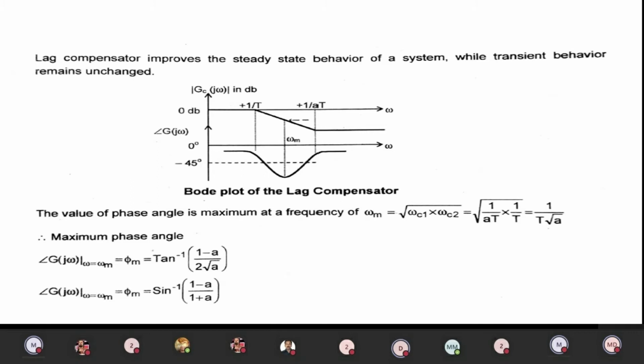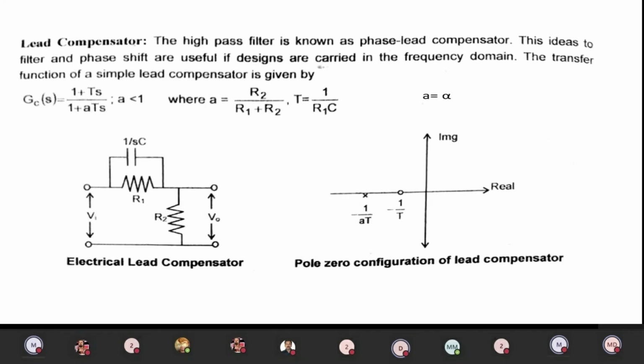You can see the magnitude will be a constant straight line, then decreasing, and then constant. Similarly, the phase will decrease to the negative peak and then increase. So the magnitude and phase angle values are given over here. Okay, and then we can go for the lead network, the lead compensator network, which is equivalent to your high pass filter.